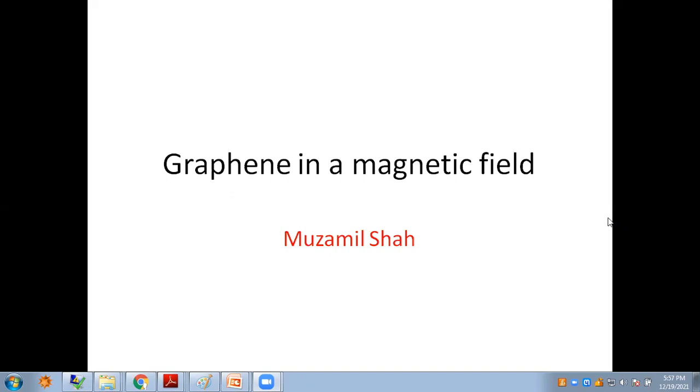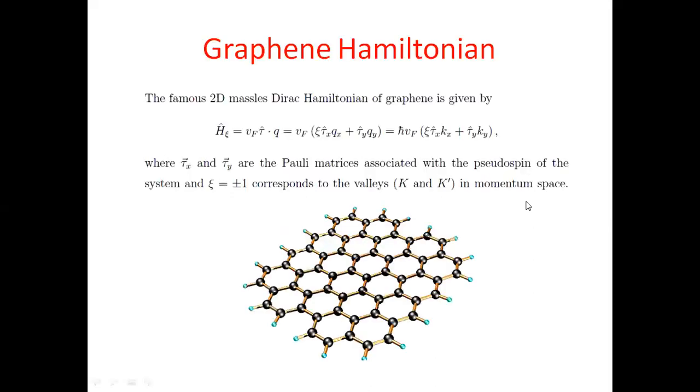So we know that graphene is a two-dimensional quantum material, and the famous two-dimensional massless Dirac equation of graphene is given by this equation, in which Vf is the Fermi velocity, tau is the pseudo-spin Pauli matrices, and Q is the momentum of the Dirac fermions in the x and y directions. Here Xi represents the valley degree of freedom. So this is the basic equation of graphene,